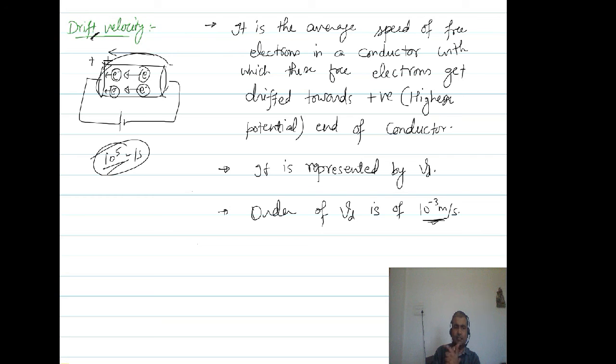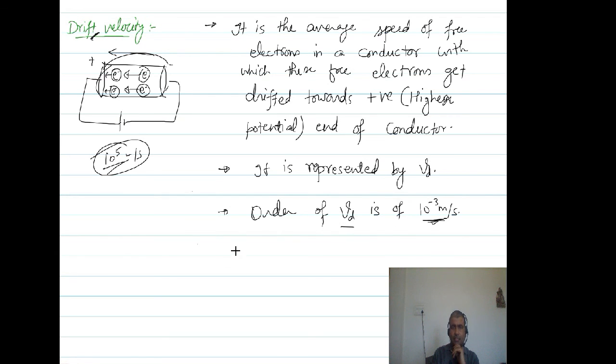We'll discuss it in the next class. This drift velocity concept took more than the expected time, just because I wanted to explain each and everything and put every single concept of drift velocity before you. But do not worry about this, I'll manage the time in coming classes. As this is the beginning of the chapter, I don't want any compromise with any concept. So this is drift speed, its unit is meter per second, and it is very small.